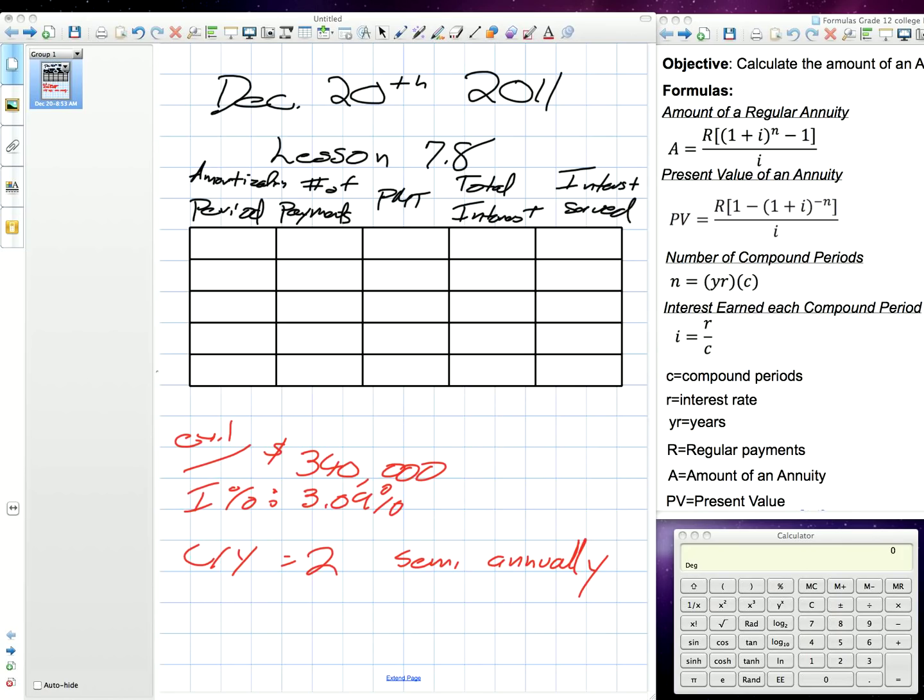Okay, today is December 20th, 2011. We're on the last lesson. We're working on reducing interests on a mortgage. Okay? So, the mortgage we're going to work with, our first example is